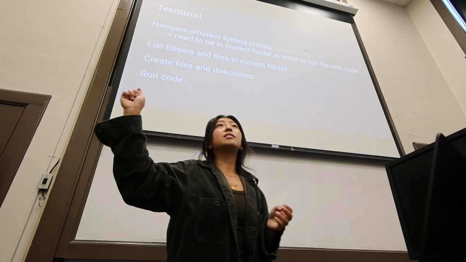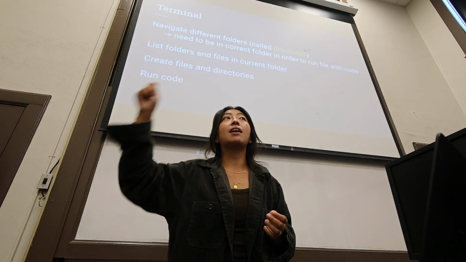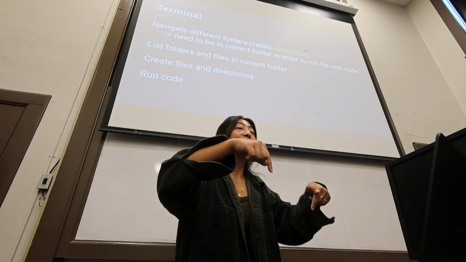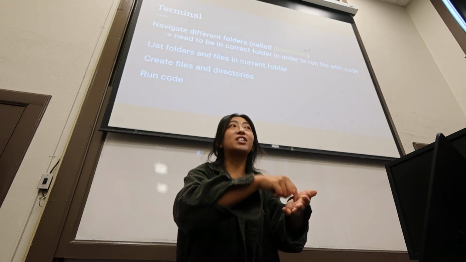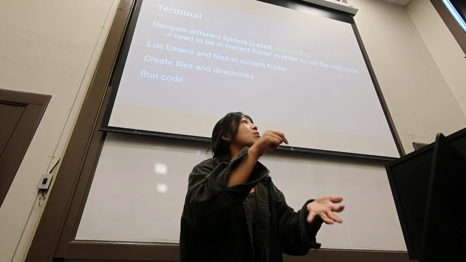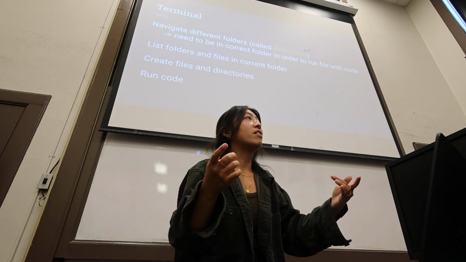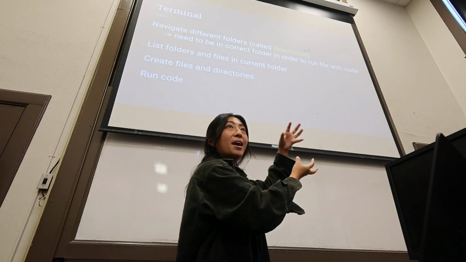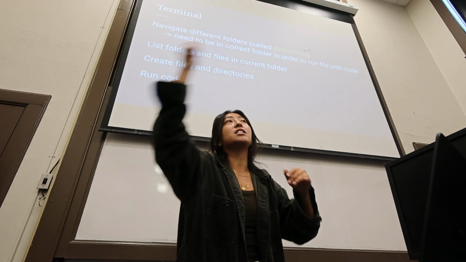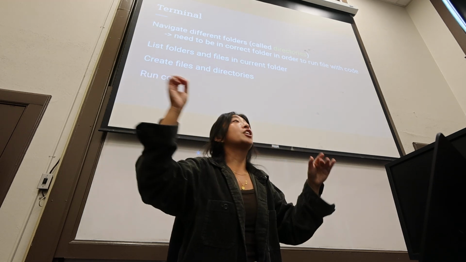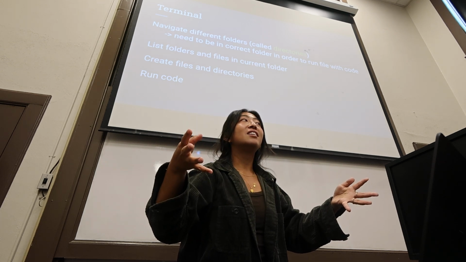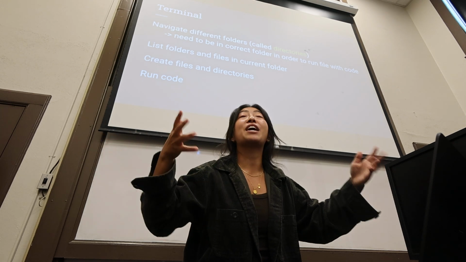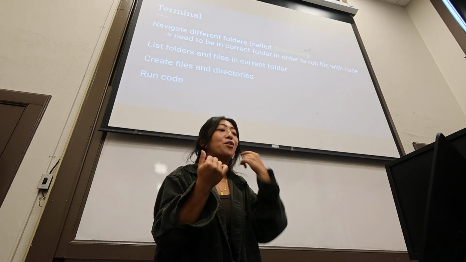And when you run a file that is executable, meaning that it can be converted into binary code, zeros and ones, that your computer can process, you have to be in the correct folder to run it, right? You have to specify the right path. And we've seen that before, too. When we upload stuff to Colab, it has to be in that main directory for us to run it. If you put it in some other folder and you try to reference it, the computer's going to give you what error? You've seen it before, right? File not found. It's going to say, I can't find what you're trying to tell me to look for.